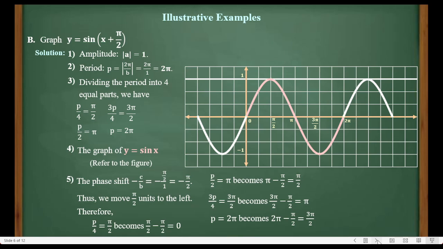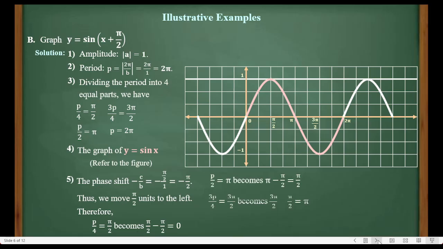At this point, we are about to move the graph to the left by how much? Pi over 2, which is the value of the phase shift, which is obtained from step number 5. Now, look what happened to the graph. If we move this graph to the left by pi over 2, the new position of the graph will be determined by,